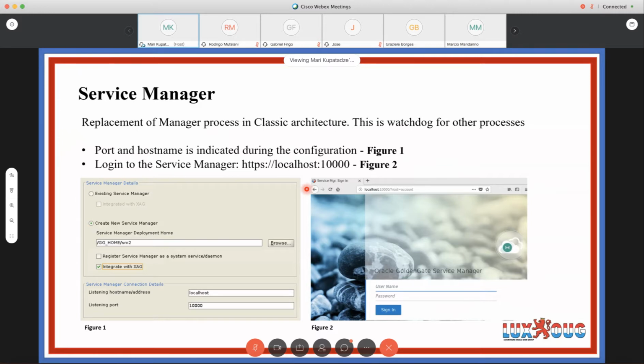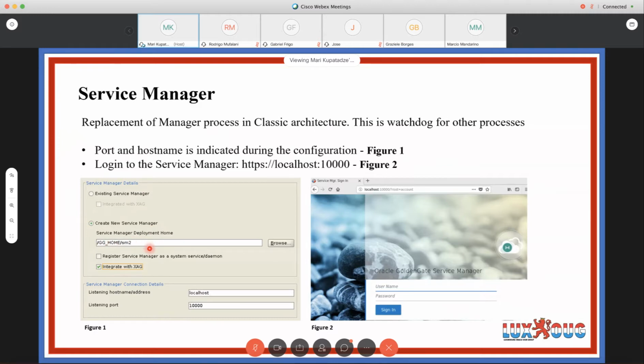And during the configuration, you will see the screen for Service Manager where you indicate the details. If you have an existing Service Manager, you can find the existing one and change its parameters, or if you don't have one, you create a new one by indicating create new Service Manager